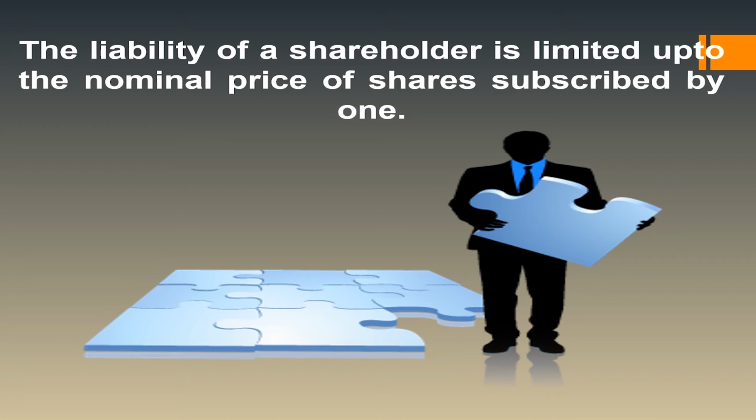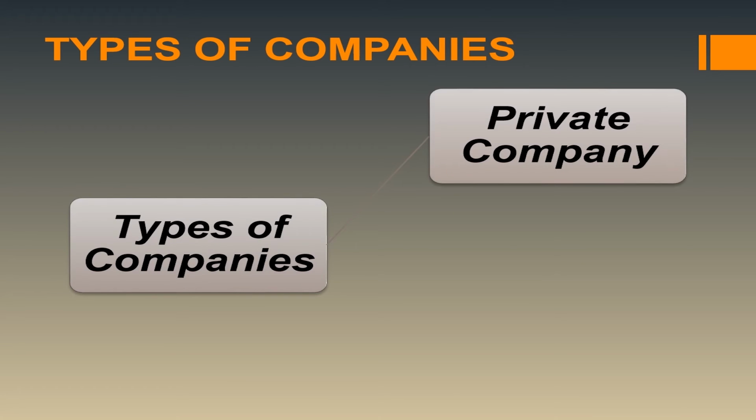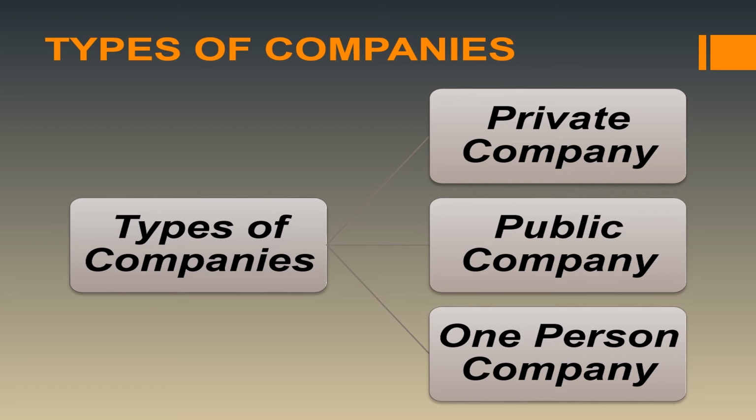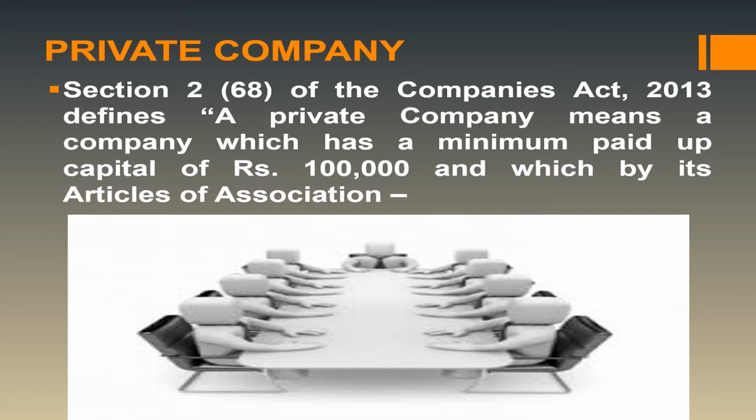Next, we will be discussing types of companies. Now, there are three types of companies, namely private company, public company, and one-person company. First type of company is private company. Section 2, subsection 68 of the Companies Act 2013 defines a private company means a company which has a minimum